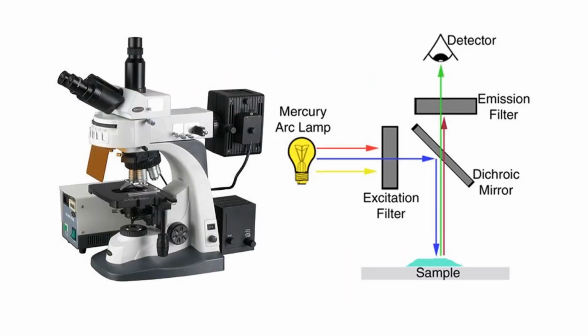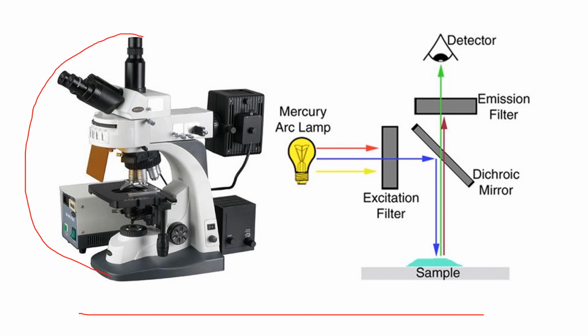Now see the last image, at the last slide, it will make things even more clear. This is a kind of microscope, and the mercury lamp is producing all types of light, the excitation filter ensuring only short wavelength light passes through the dichromatic mirror and objective lens, and the sample might possibly give long wavelength and some unwanted light rays. So both get passed through the dichromatic mirror. The emission filter will ensure that all the unwanted light rays get stopped and only long wavelength light rays hit our detector.